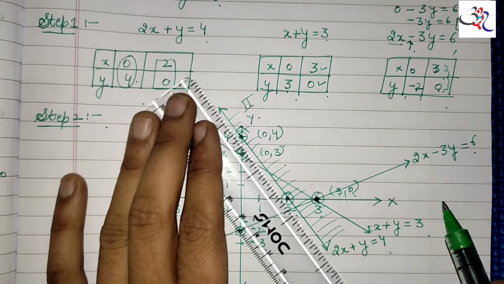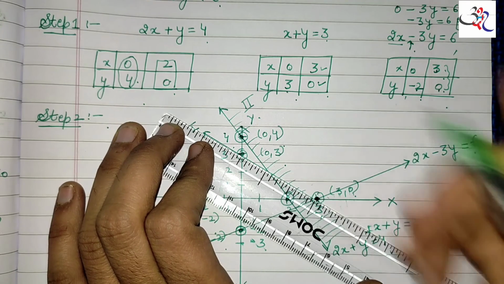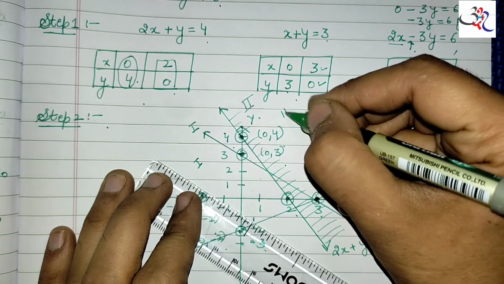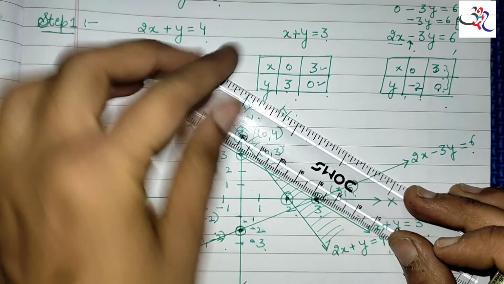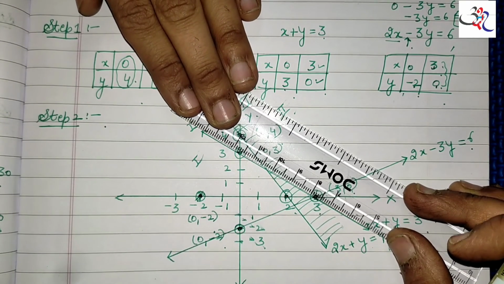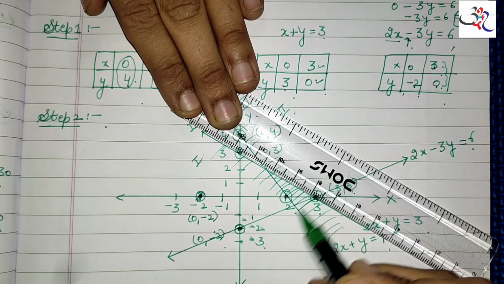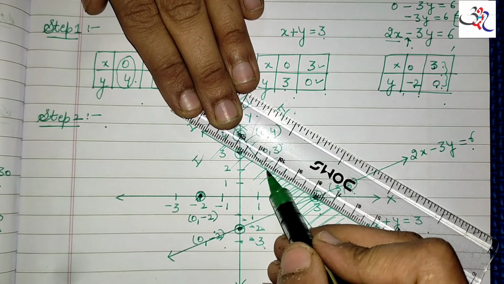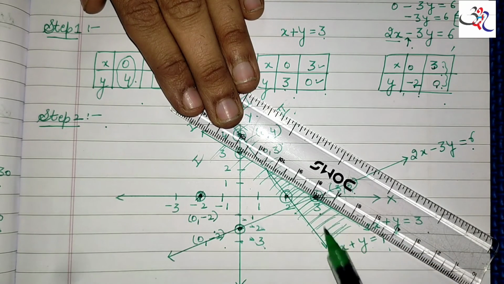So what are my rest 2 lines? This is my second line. So for this second line, first plane is again this and second plane is again this. Solution is in the first plane. So put your scale here if you are having any doubt in understanding. So this is my first plane is towards this side. Okay, so you can see that this part is coming as common, this complete part is coming as common, but